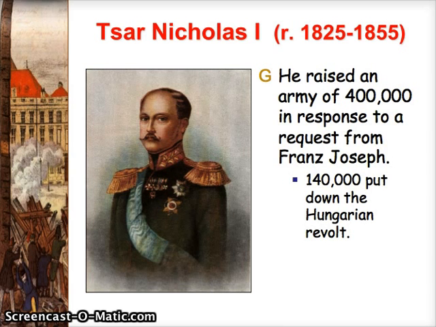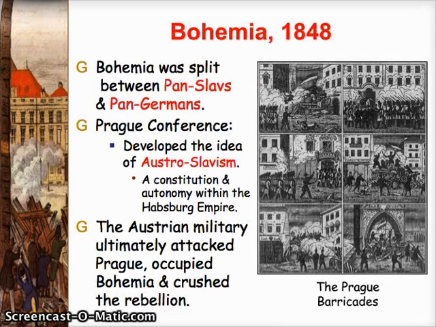A lot of this is because Tsar Nicholas of Russia gets a request from Emperor Franz Joseph to try to stop the Hungarian Revolution, and Tsar Nicholas actually raises a huge army of 400,000 soldiers, and this is able to successfully put down the 140,000 Hungarian soldiers that are revolting against Austria. So again, because of not only Austria itself, but also the collaboration with the Prussian and Russian armies, the revolution in Hungary is going to stop. So